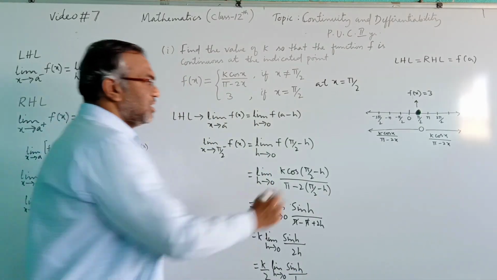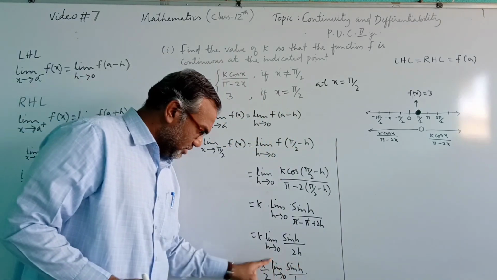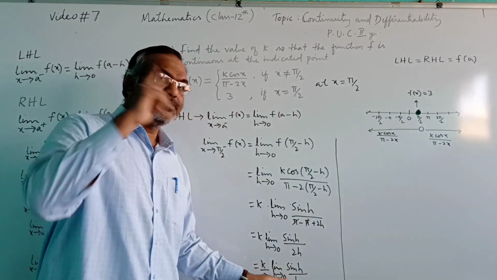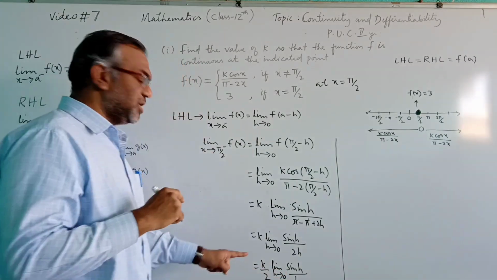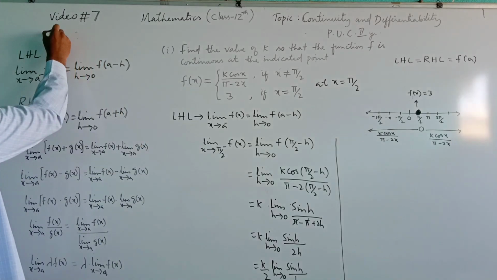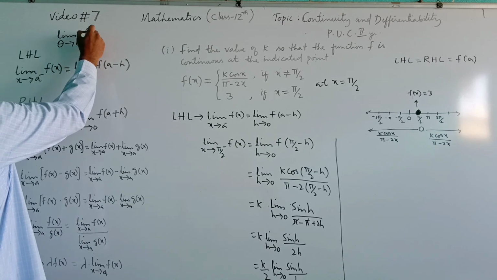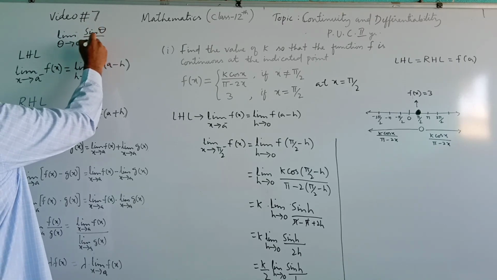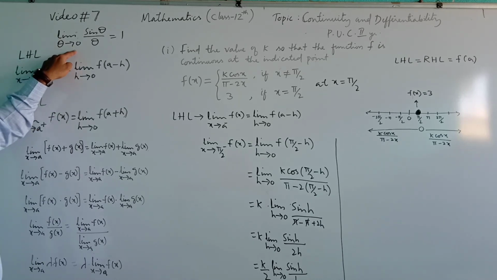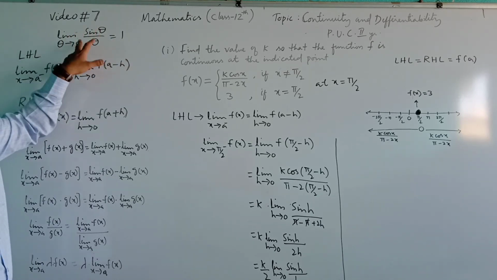We got this. Now, let's see. This value will be equal to 1. Why? Because in 11th standard, first year, you have already studied limit theta tends to 0 sin theta divided by theta is always equal to 1. It is an important result which you have studied in PUC